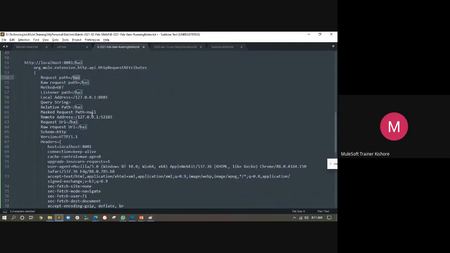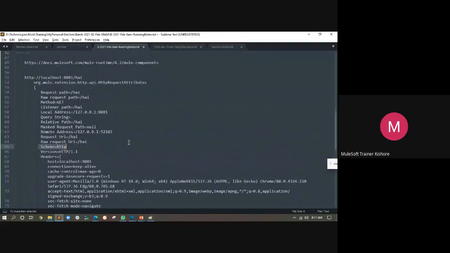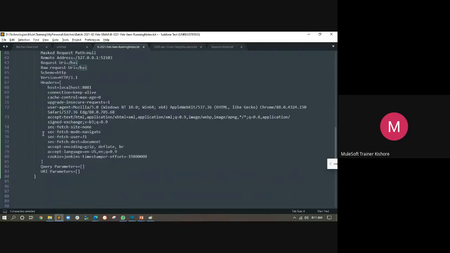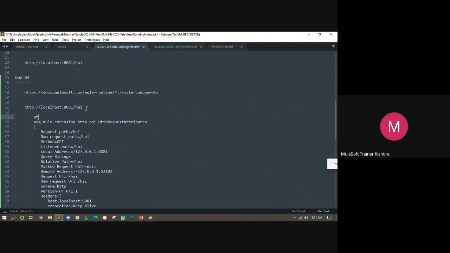Right? And then 8081, part of your request. Host, localhost 8081, is it part of your request? And then scheme, do you have scheme? I think we have only version. So is it part of scheme? Yes, scheme is here. So is it part of your request? So it's something like that. Whatever you read line by line and understand, is it part of my request or not? Whenever I get the time to explain this, I will explain. So this is part of your attributes.